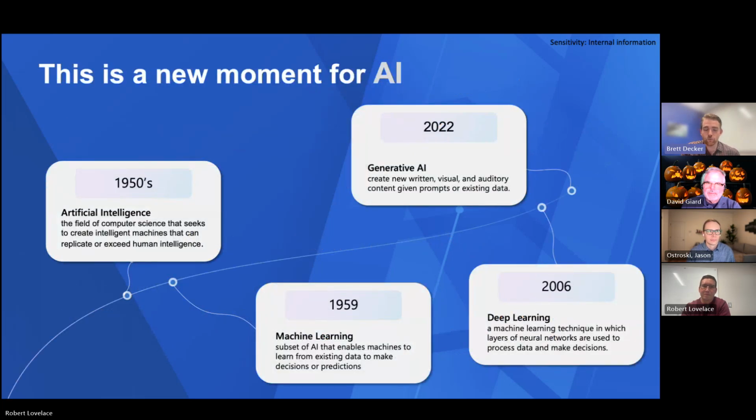This is a really profound moment for artificial intelligence. And I always like to bring the conversation back to, how has AI evolved over the years? Artificial intelligence may be a very new concept as we're beginning to implement it into our day-to-day solutions, but it really stems back to the 1950s, where we started to realize, what could artificial intelligence do for us? And in '59, what can machine learning do to help benefit the machines that we're using to help continue moving forward? But we're at this pivotal moment now, and since 2022, when generative AI really became a mainstream product,